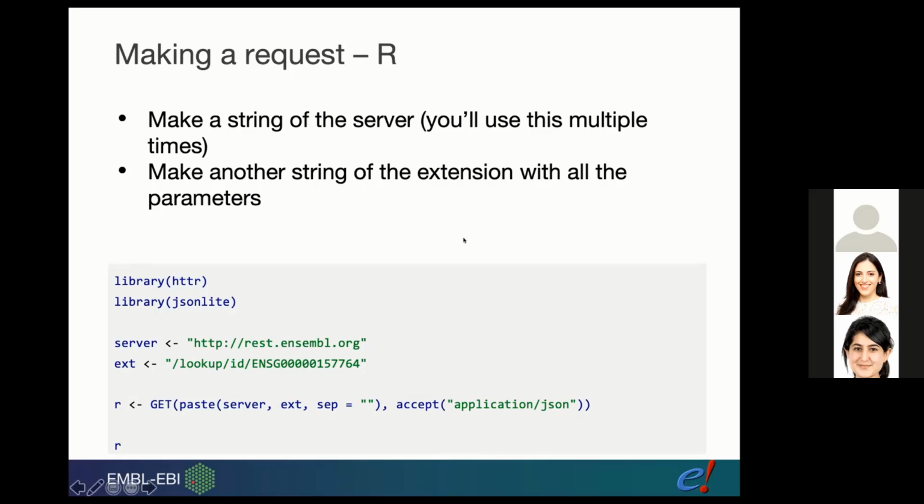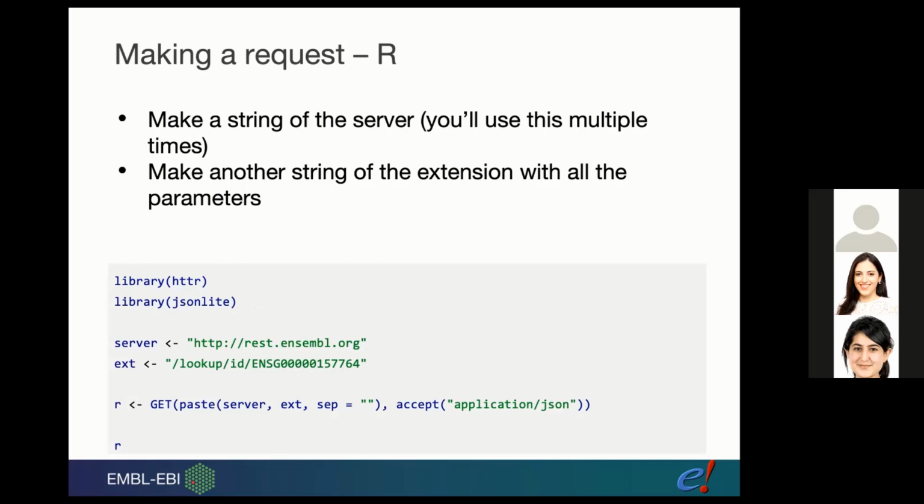So first of all, it's a good practice to define your objects and variables beforehand. So that, for example, if you want to change your variable later on, you don't have to change it all over your script. You can just change it where it was defined for the first time, so just change it in one place. So what we're doing in this bit of code is creating our little script, and we're starting with loading our libraries. So we first load the HTTR library, and then we're loading the JSON library,